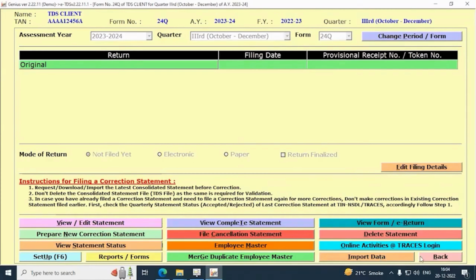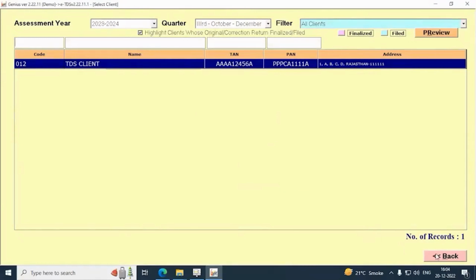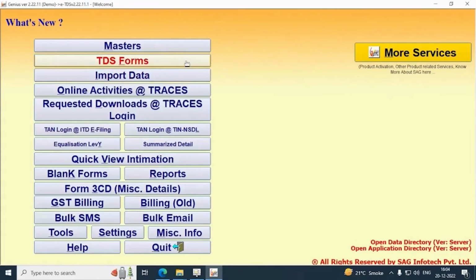We have also provided the same option in the main menu when you go back, with the tab Import Data, from where also you can import the Excel format file or previous year FVU text file. There you can also import TDS, TCS, consolidated statement as well as console file from requested downloads.